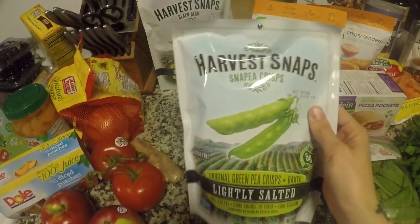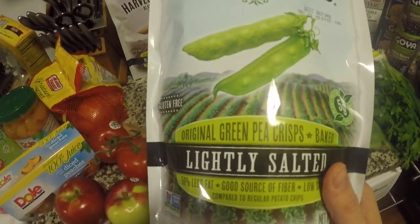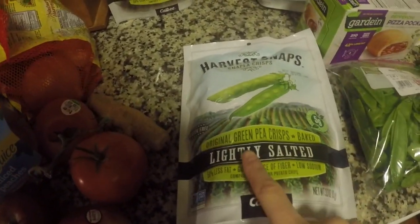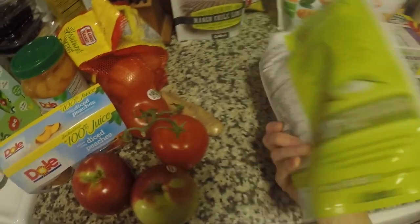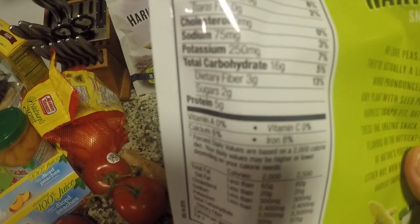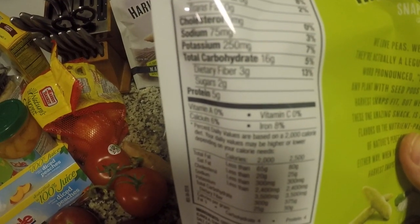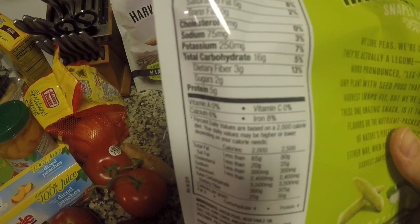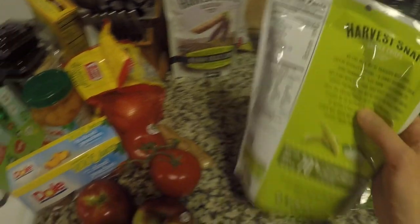Alright, I got some of these Harvest Snaps, and if you've never seen these before, these ones come from peas. You can see it says right here, green pea crisps. And I love these for Levi because if you look at the nutrition facts, you can see that it has 5 grams of protein per serving. And he loves them because he thinks that he's getting a treat, and I know that he's getting a few